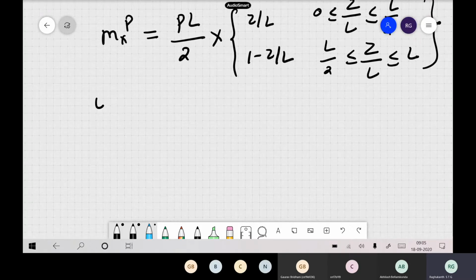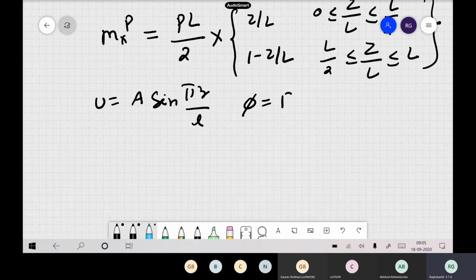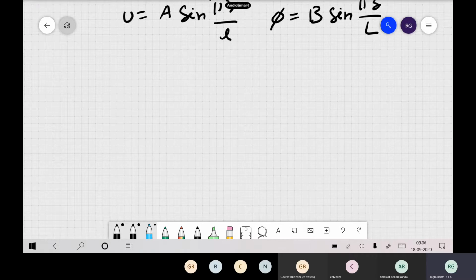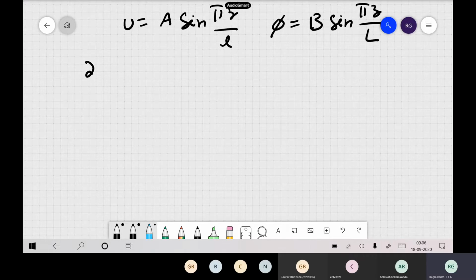Okay. So now, as already we told, you take sine pi z by L because it is simply supported. And let us say in warping also you have the same simply supported conditions. So B sine pi z by L. You substitute and calculate all the derivatives and other things. They are very easy because sine and cos have this orthogonality principle, so it will be easy to calculate these equations. So finally, I think we wrote this in our last class.